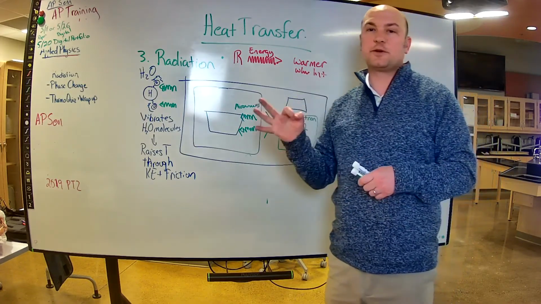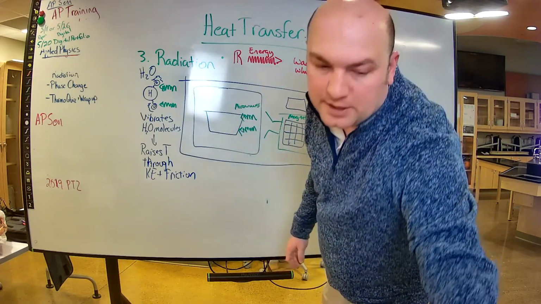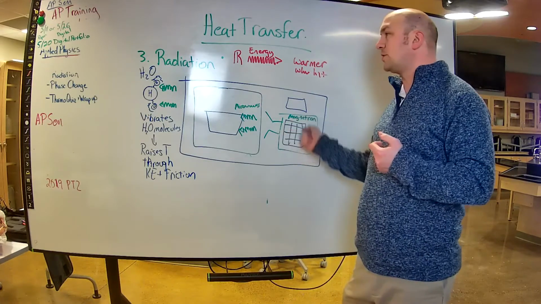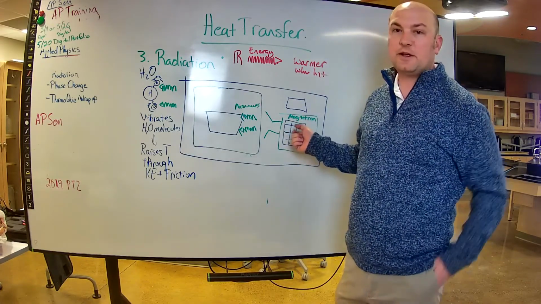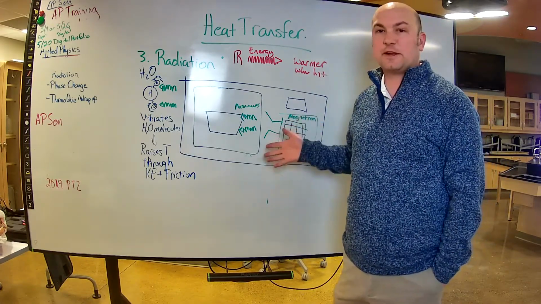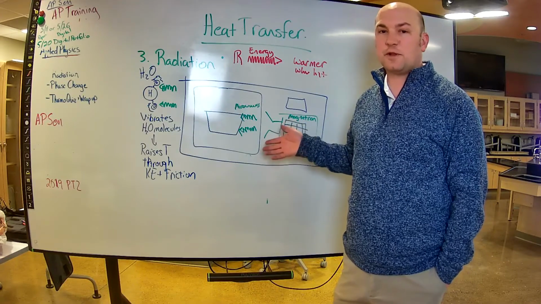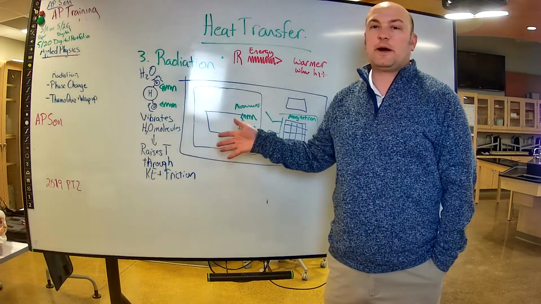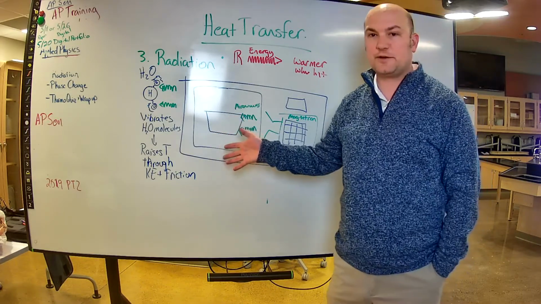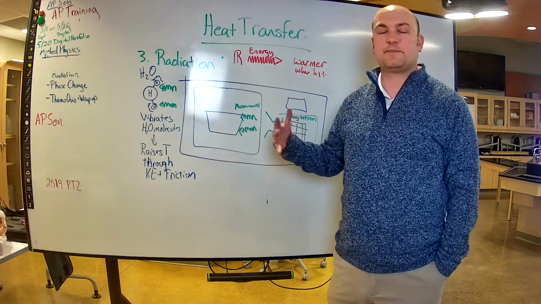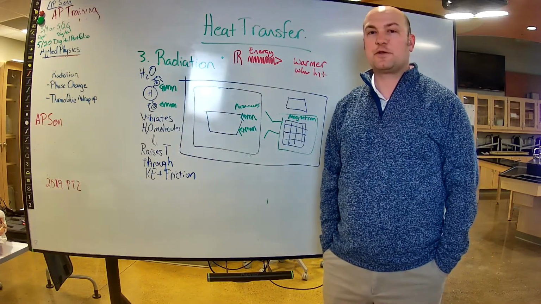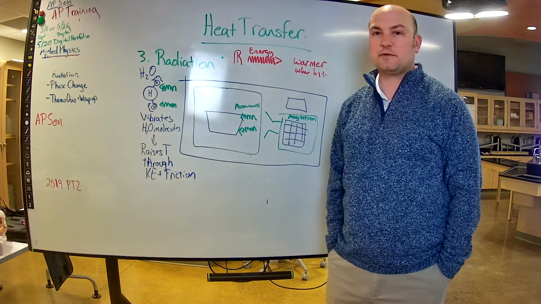So the third type of heat transfer is radiation. You take energy from a source, the sun or a magnetron, and you convert that into electromagnetic radiation, microwaves or light. When that radiation gets absorbed by a target, food or your skin if you're outside in the sun, that results in an increase in thermal energy. So the third form of heat transfer is radiation, which is transfer of heat